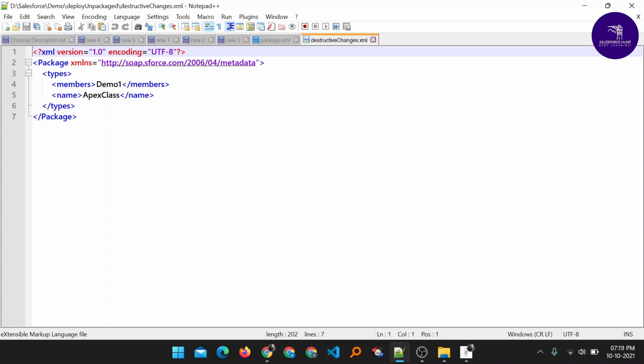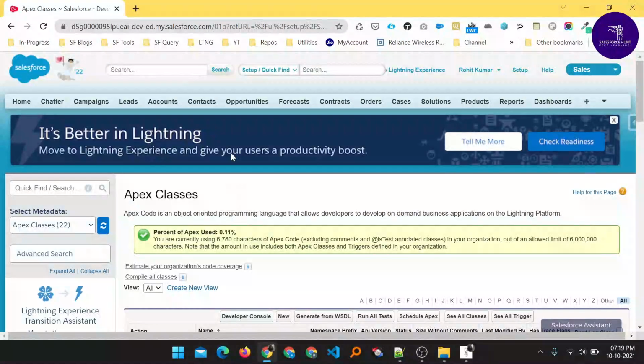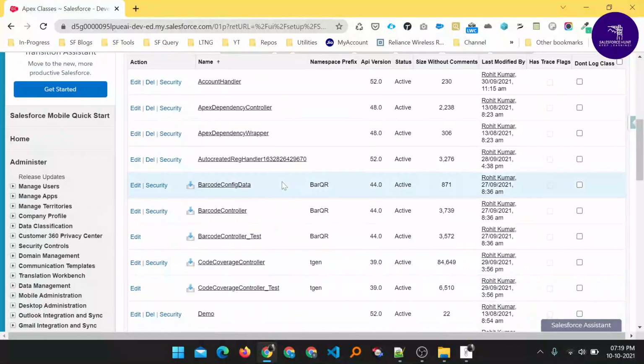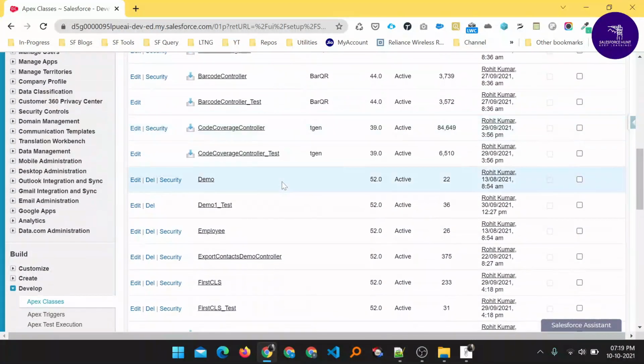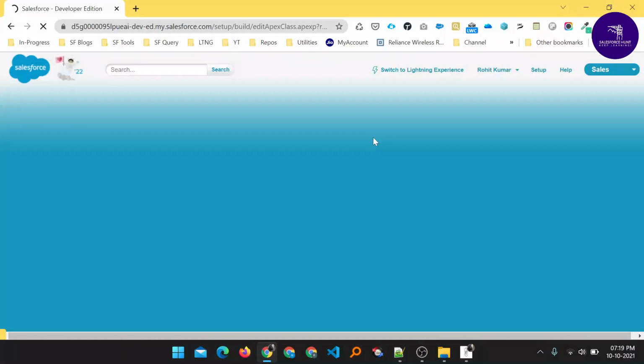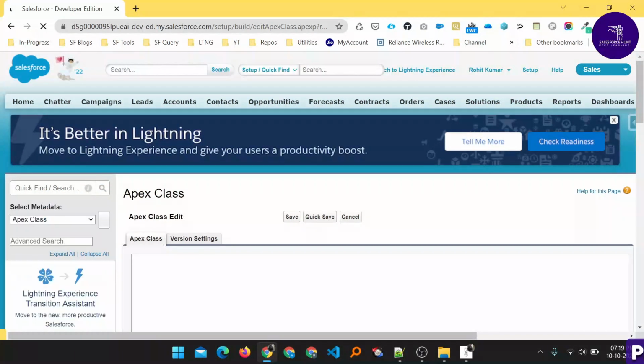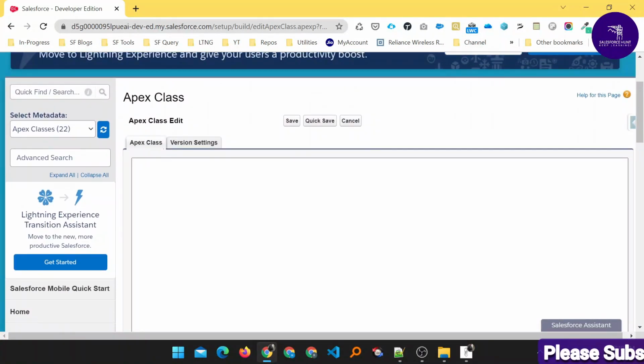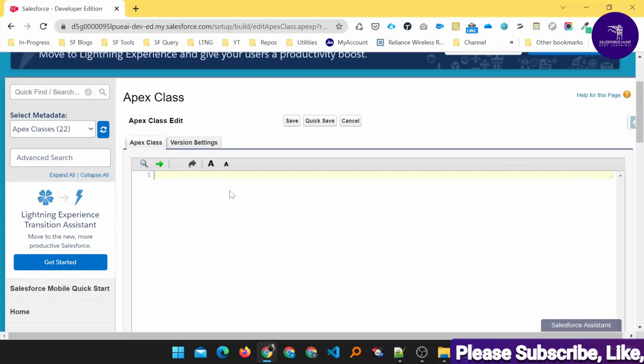Now let me open my org and show you whether this class is available or not. Let me create one class named demo one. With the help of the New button we can create this class. Once you click New, you can see the new IDE environment where you can write your Apex class.